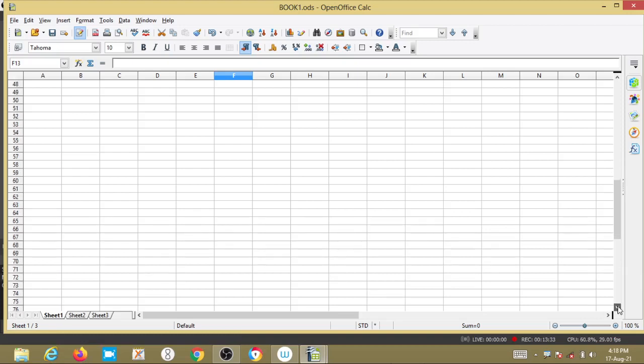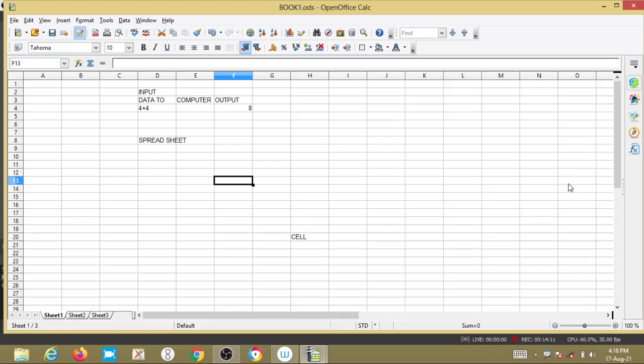See here, the maximum is 10,48,576 rows present. See, the rows are changing. So a maximum of 10,48,576 rows are available in one worksheet.